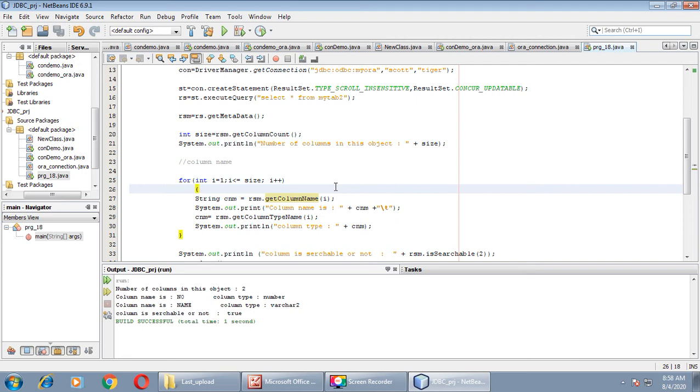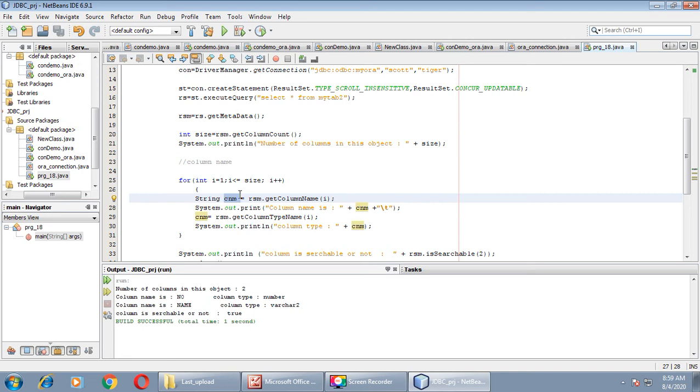Yes, inside the for loop we have used the getColumnName method. Through that we can get the name of a particular column. We have passed an index number as a parameter here. Whatever number you pass as a parameter, the name of that particular column will come back as a result in the variable cnm.